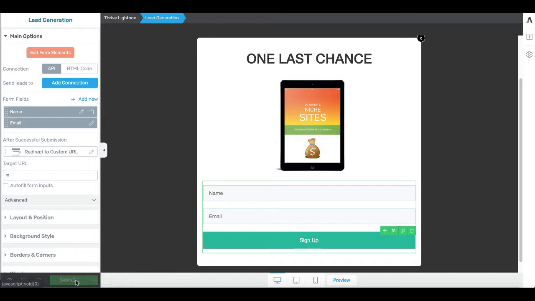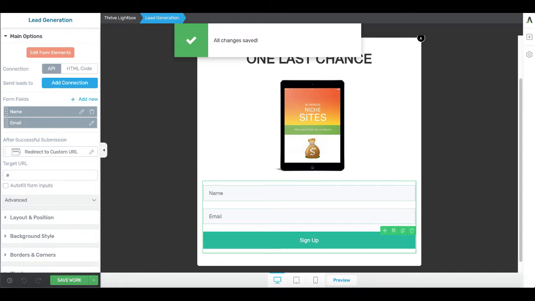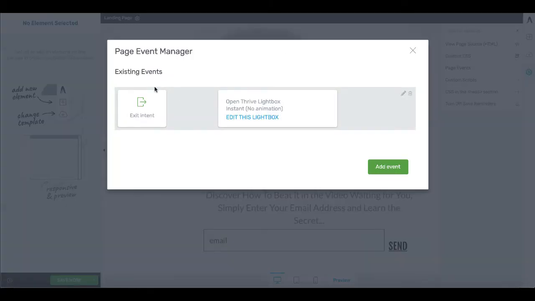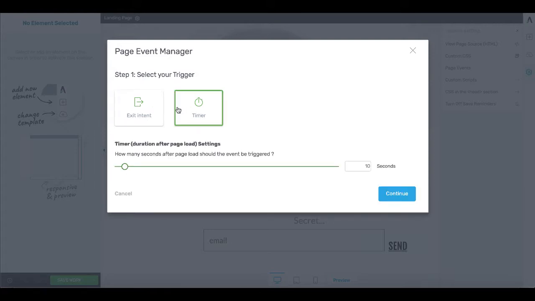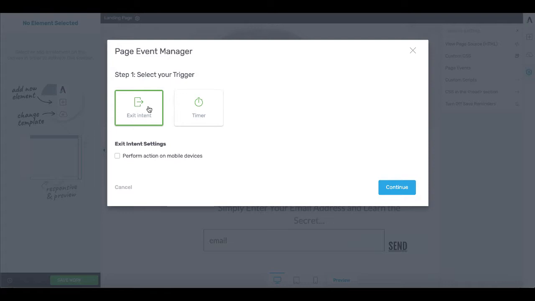So we'll go ahead and save our work on that one. And when you save that work, it'll save. Then you go back to where you have your Lightbox. Now that we've edited that Lightbox, you're going to click Add Event. And in this, you can either pick Exit Intent or Timer. Of course, we're going to go with Exit Intent. Now this right here is very important. Perform action on mobile devices, as you can see, is unchecked, because on a mobile